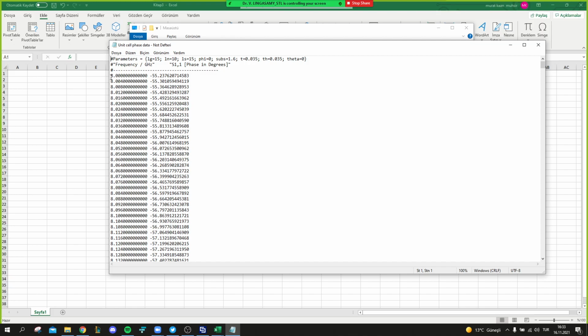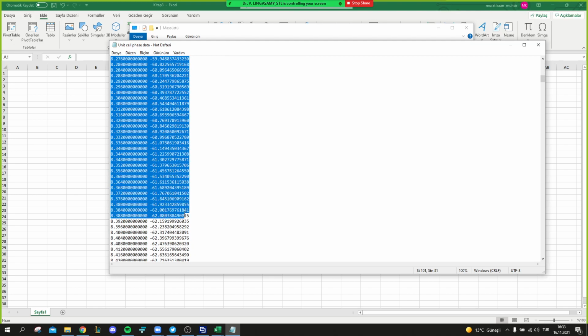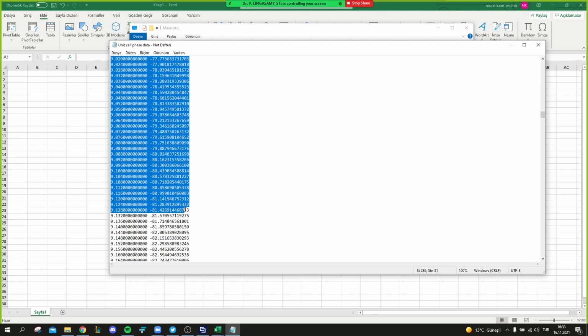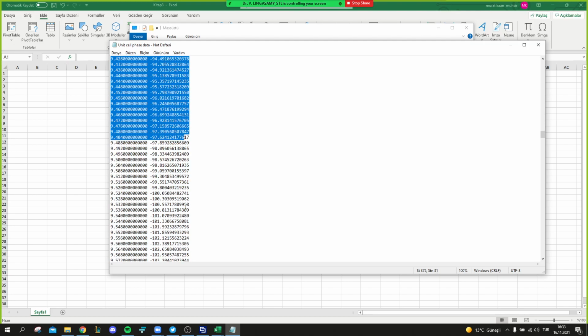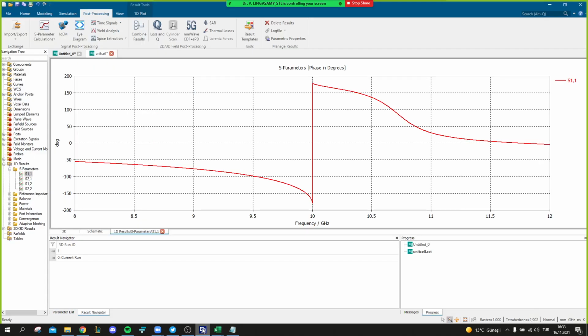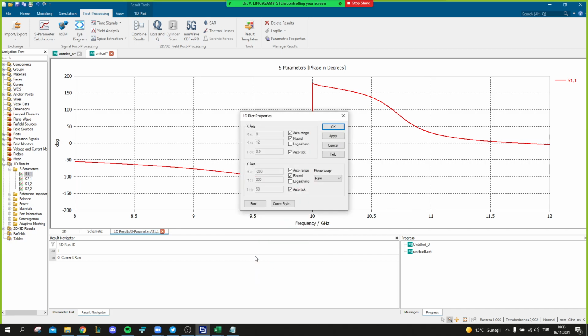So this is the value. Oh my God, this many points. You can control that, no problem. What you can do is go to here, right click, plot properties.